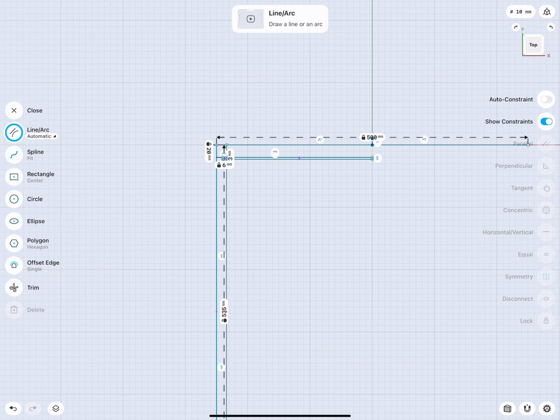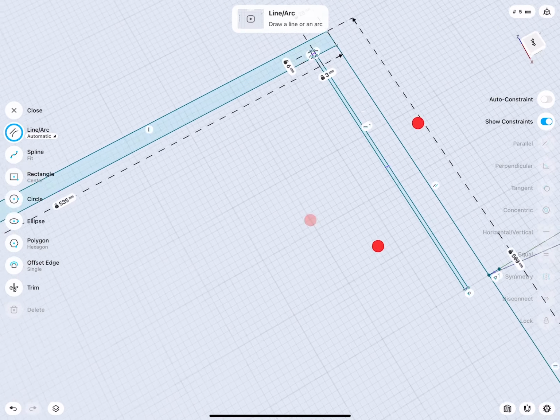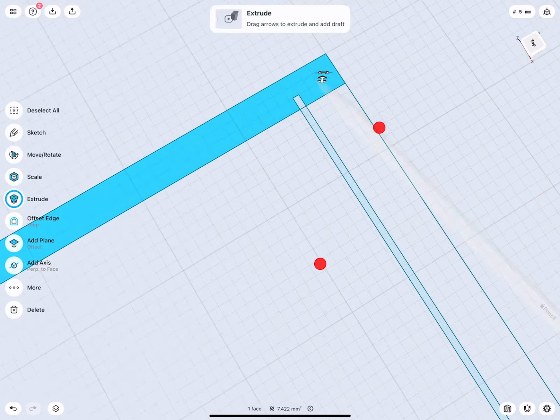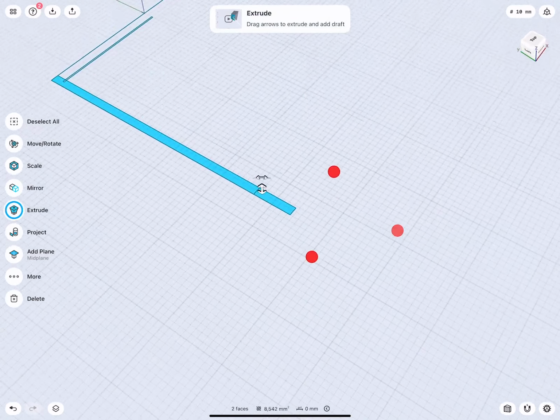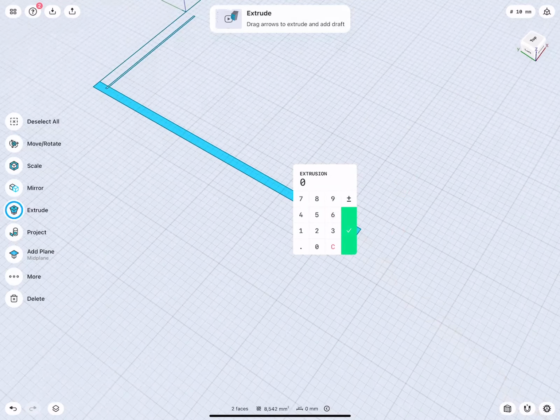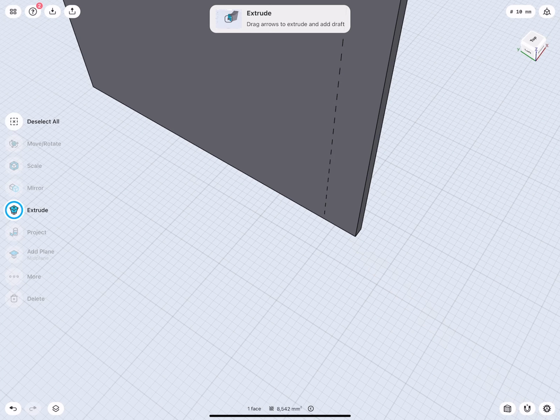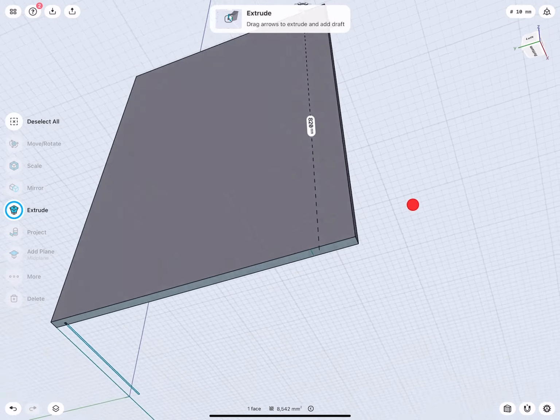Okay, nice. So let's actually build our first part here. Now I select only this plus this. And then we will extrude this up 820 millimeters. Very nice.